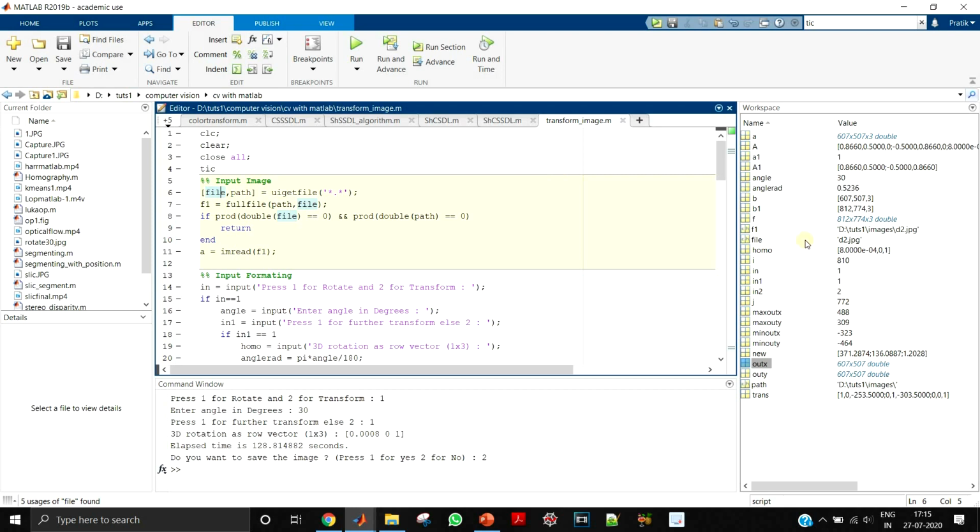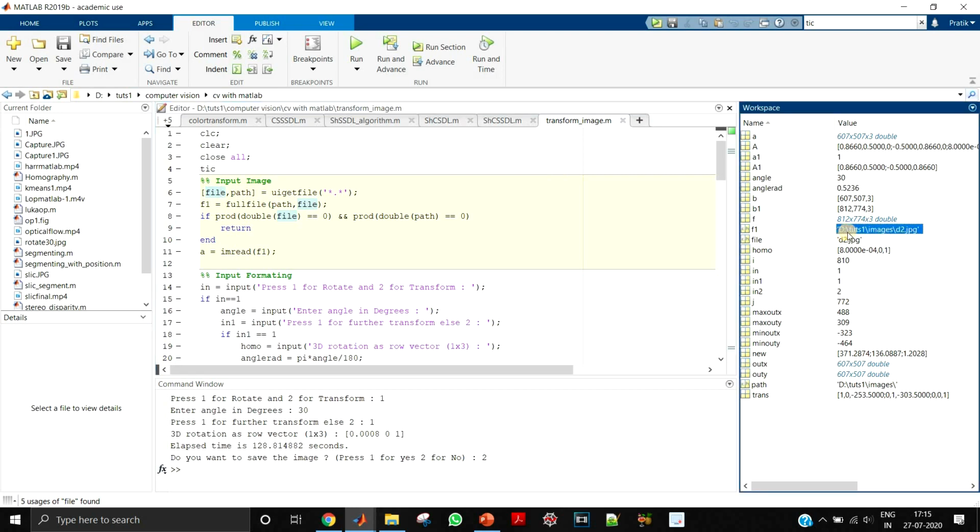So over here, this particular thing is the path of the image, that is, the folder in which it is located. And file has the name of the image, so d2.jpg is the name of the image.